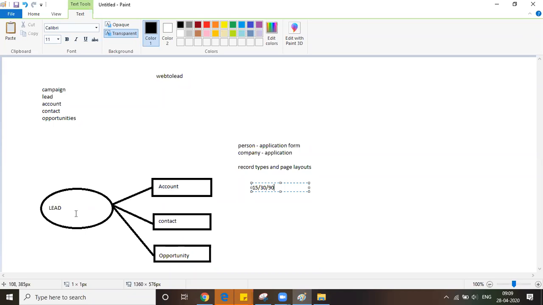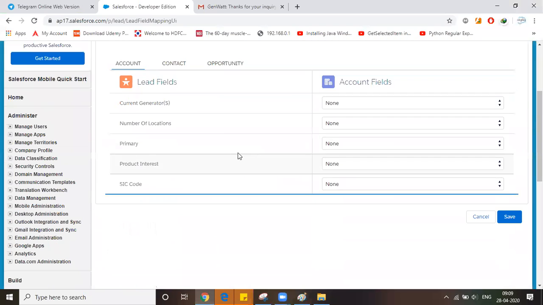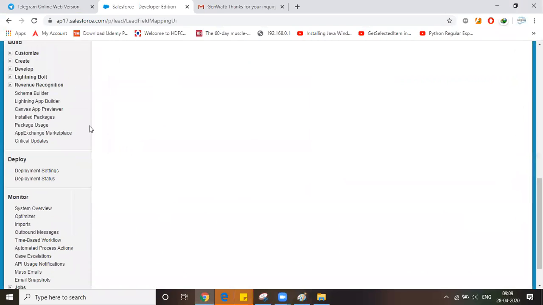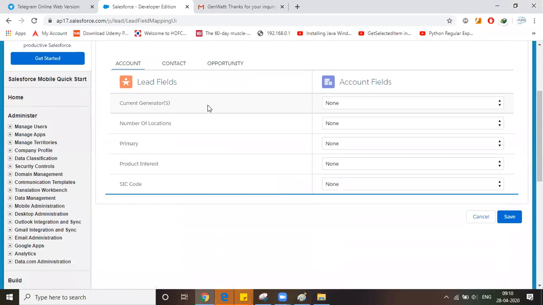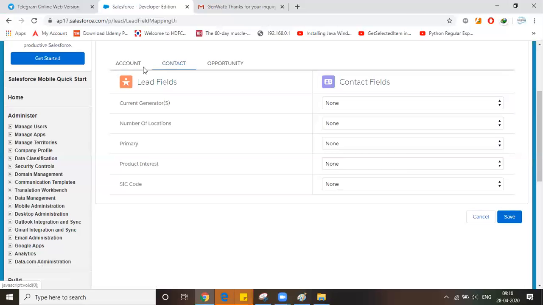The contact person in the lead is mapped to contact name. So these field mappings we can customize here. These are the lead fields.